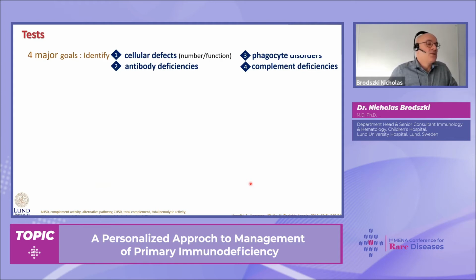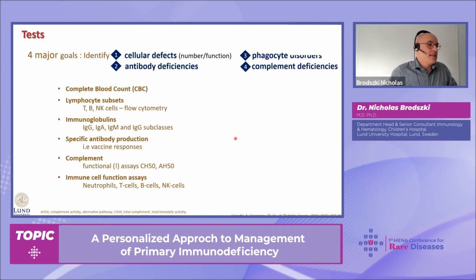I mean, in these 4 groups, most of the immune deficiencies that you will be finding will be included. I usually give them a list of tests. Some of them are basic, a normal CBC, every lab can do it. There are some more specific tests, and here I just want to make you, since I'm a pediatrician, I want